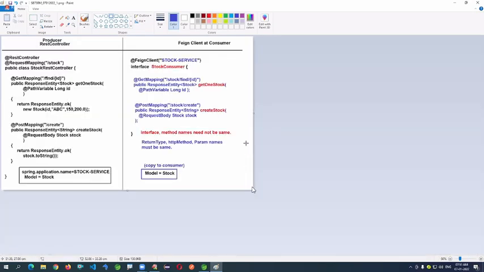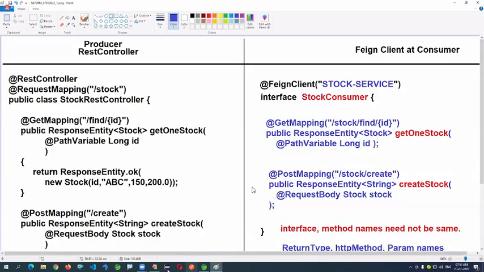If you write like this, at runtime one class is generated for this interface.